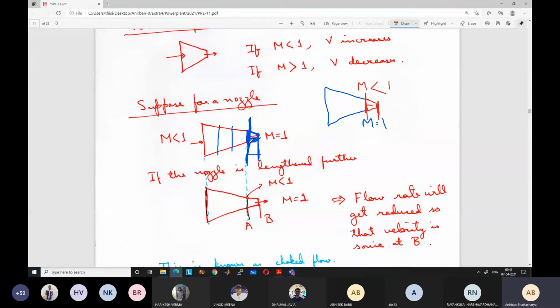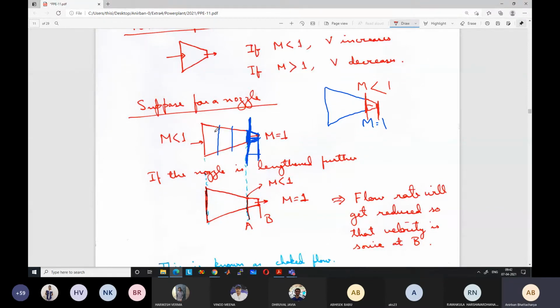What will happen is that the entry velocity will automatically get adjusted. You will be providing some pressure difference to give that entry velocity equal to Mach number 1. Maybe the flow is coming from some upstream side through a pipe at Mach number 1. But once it has to flow through this nozzle, the flow will get choked. That's why this term choked is there. The flow velocity will reduce. The mass flow rate has to decrease on the upstream side so that the Mach number becomes 1 at the lowest cross-sectional area, and automatically at the higher cross-sectional area here, the Mach number will be less than 1. It will automatically get adjusted.